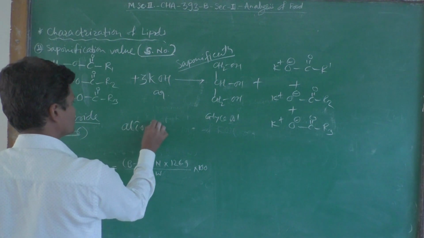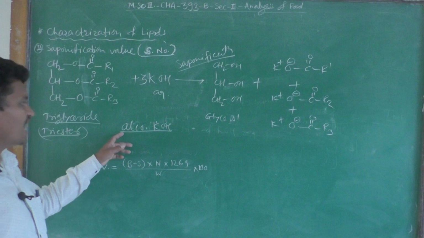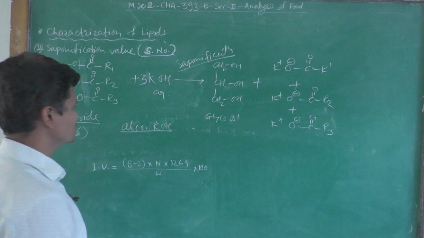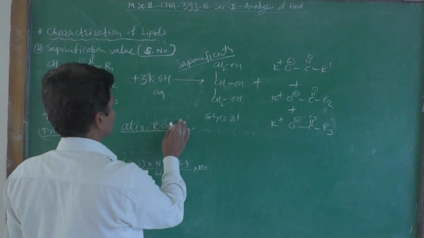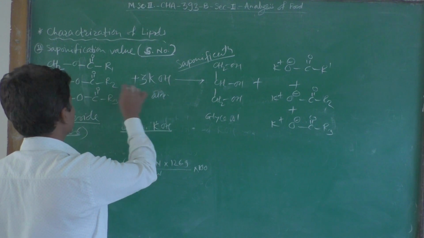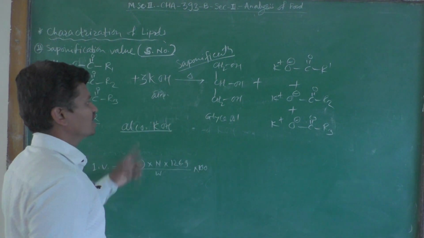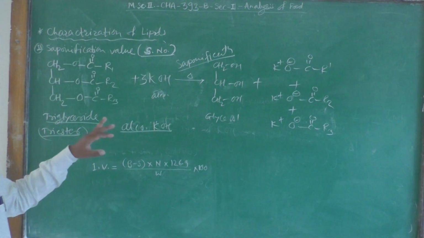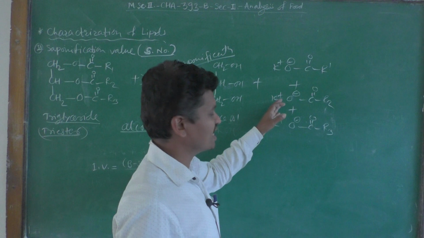Alcoholic potassium hydroxide is added to a particular amount of fats or lipids, and this mixture, alcoholic KOH and this triglyceride, that is fat or lipid, is heated. Then after heating we get this, and then these liberated fatty acids,